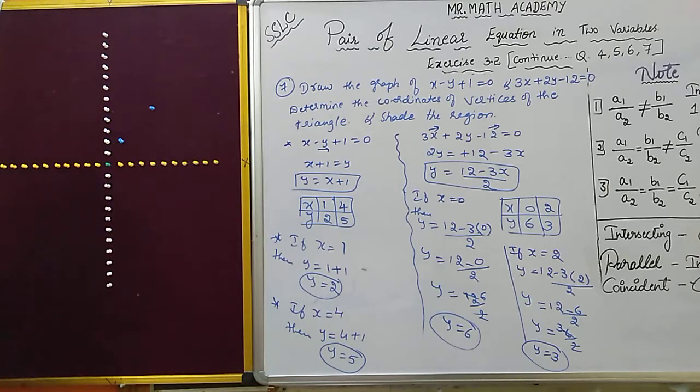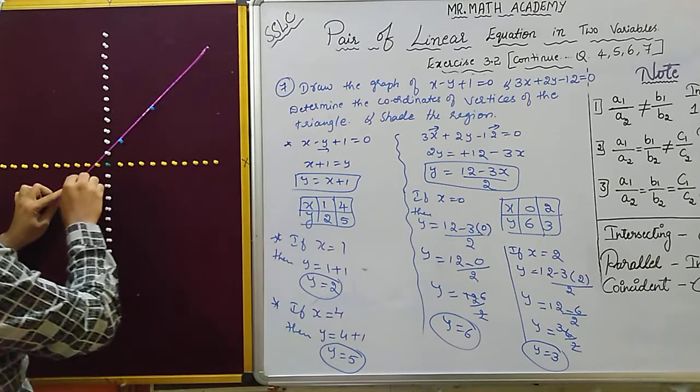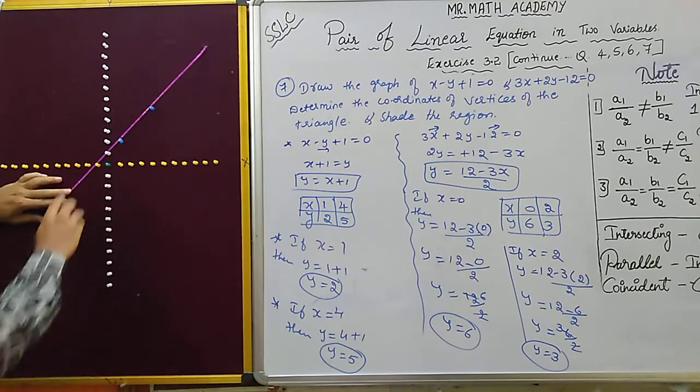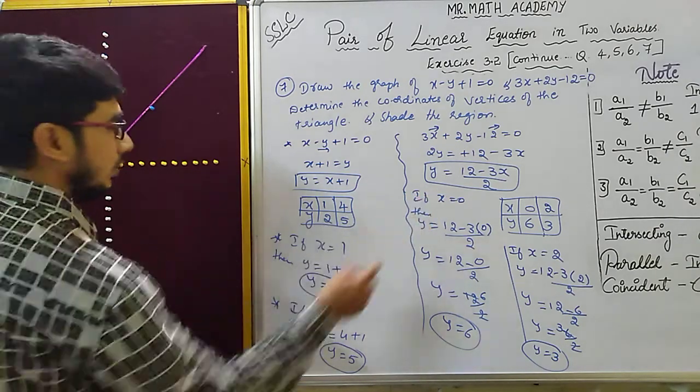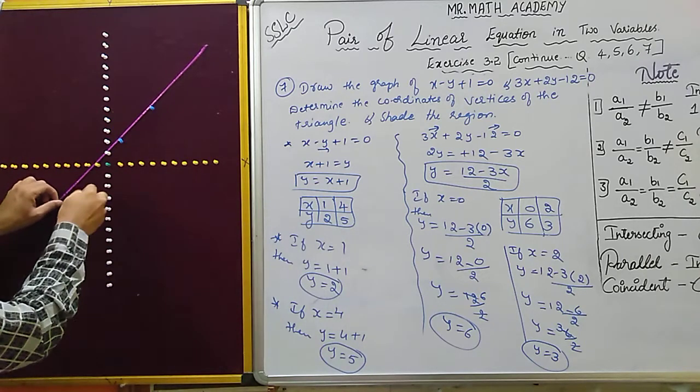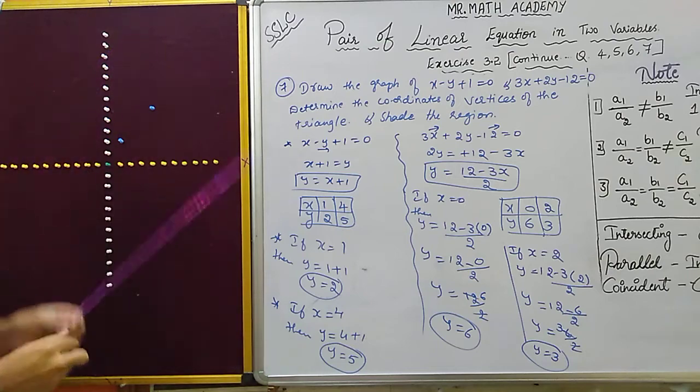So we have to draw the line now. So let me draw the line. Approximately it will come, for you people it will come exactly. Okay, next you will get another point. Let me solve that. If x is equal to 0, this I will plot later. Okay, this I will do later.